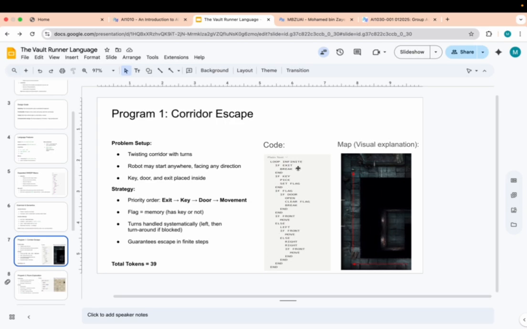The main things that we are prioritizing, in order, are: the exit. If we find it, we directly escape. The key: if we find it, we simply pick it up, similar to sweep, but a bit different because there will be some rotations. If we find the door, we open it, we clear the flag, and we escape through the door. Otherwise, if the checking part is not